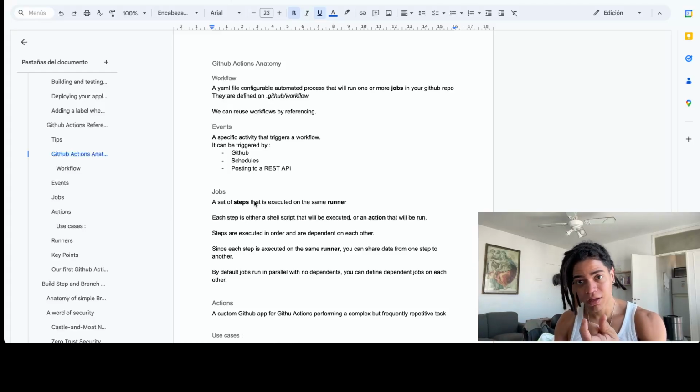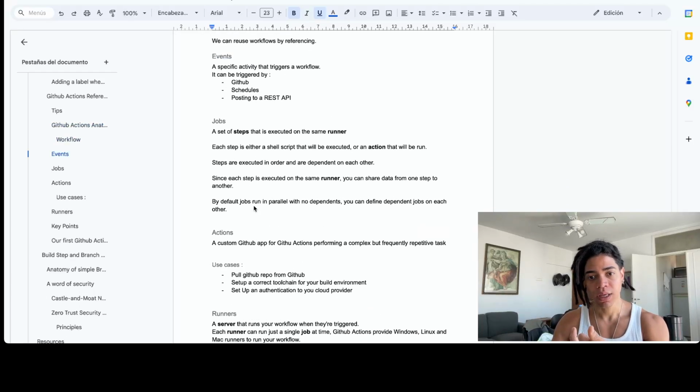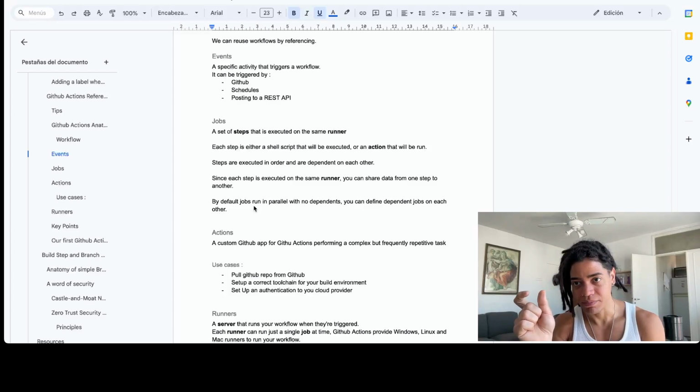Steps are bash scripts or actions that are executed one after another in order, okay, and you can share data across these steps because they are executing on the same runner. This set of steps